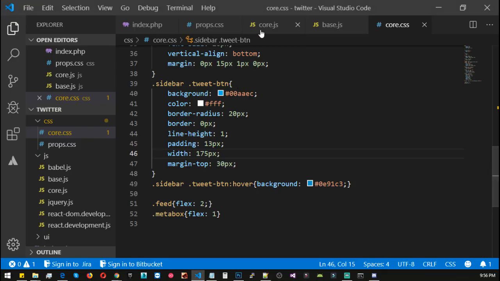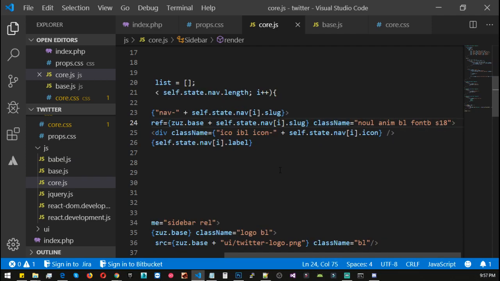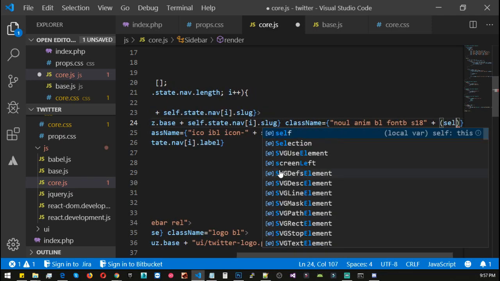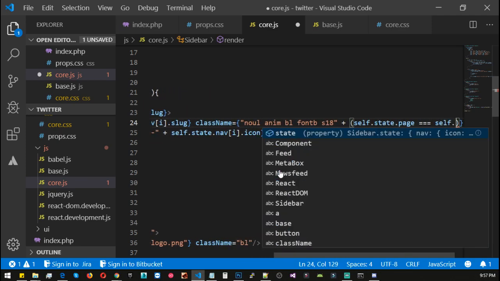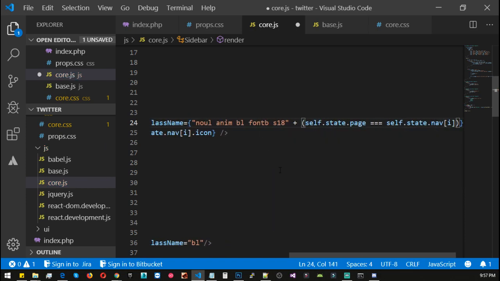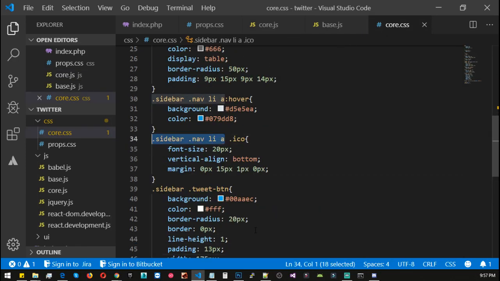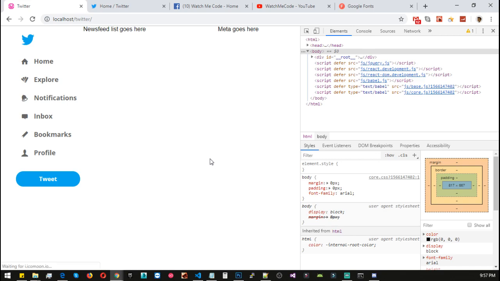Now we need to add one more thing, that is class name. We will be adding an active class to current tab. We will be adding self.state.page equals self.state.nav.i.slug. Then we will add on, otherwise we will add an empty string. Let's save it. Go to core and let's quickly copy and paste and give it a class name of a.on. Let's reload it,